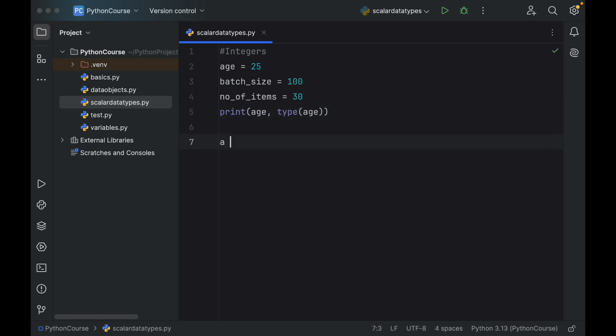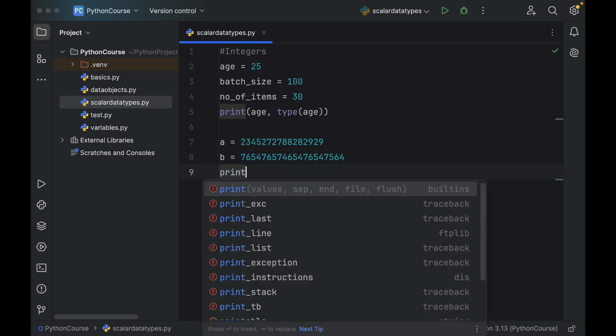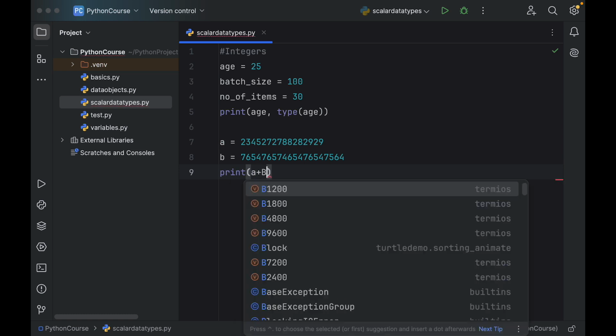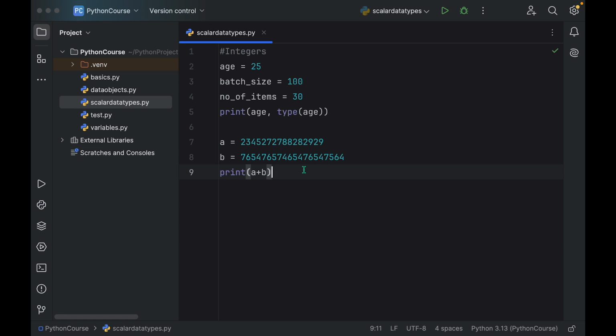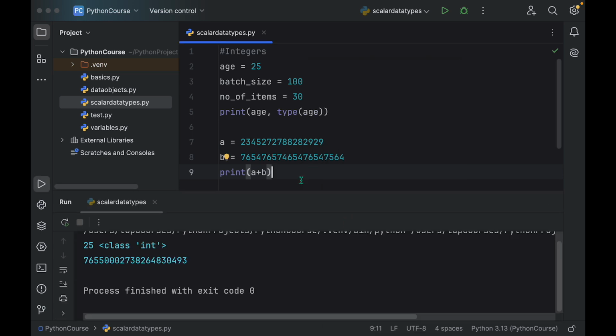Let's say we have a variable a and let's assign a very big value to it, something like this. All right. Now let's take another variable b and let's also assign a very big value to it. Now let's try to find the sum of a and b. So let's try to print a plus b. Now if you try to run this program, you can see that it successfully computes the sum of these very